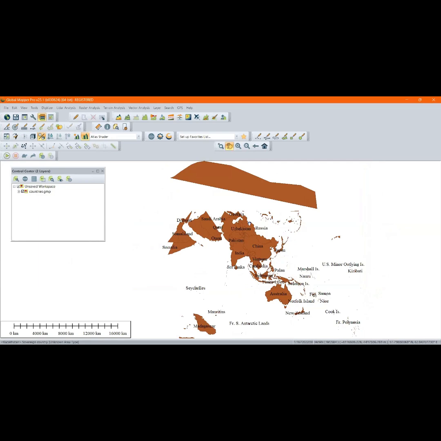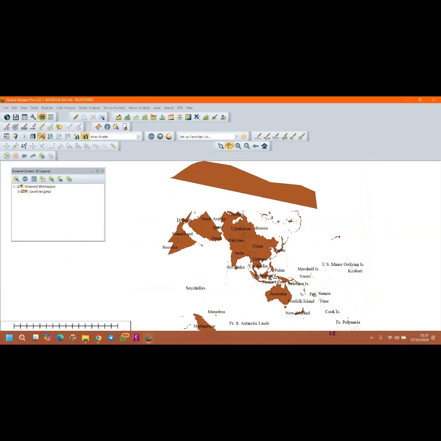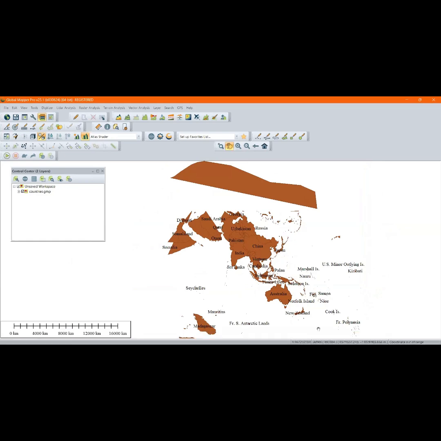You will also note that the coordinate system at the bottom here has been updated. So you'll be able to see the scale, and then after the scale, you'll see the coordinate system as being Japan. It will give you the datum that you have, and then it will give you the coordinates, that is the easting or whatever. Eastings and northings, depending on where your cursor is. So these are very, very fundamental